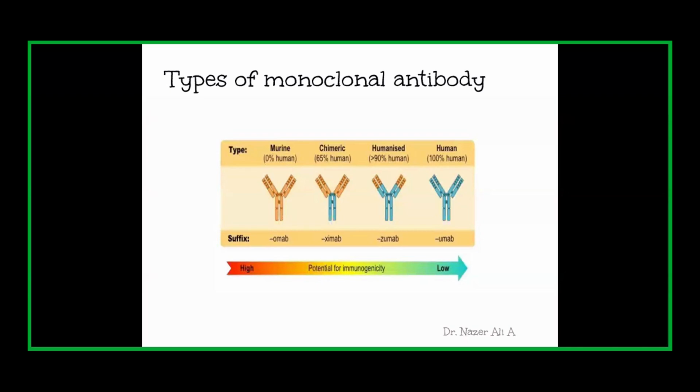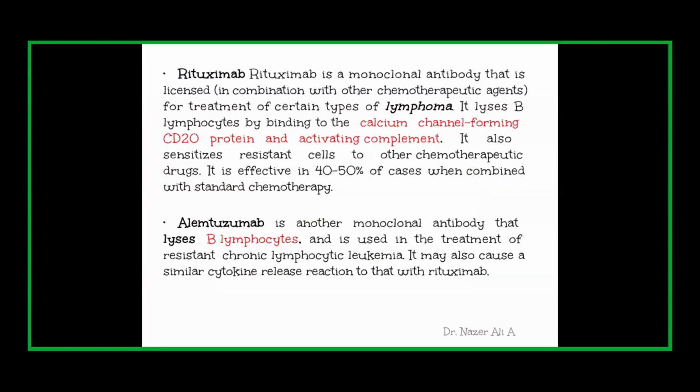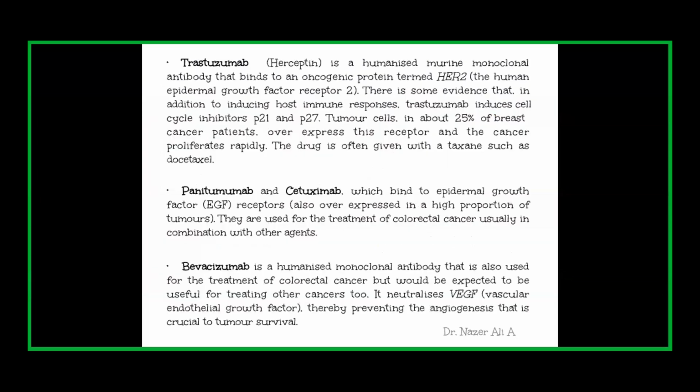We have one classic example, nivolumab, which we are using in lung cancer, an immunotherapeutic agent useful in the treatment of lung cancer. So we have already discussed that rituximab is a monoclonal antibody. It is a CD20 inhibitor, so it can be used in the treatment of lymphoma. And then we have trastuzumab, used in the treatment of breast cancer, which is targeted against HER2.